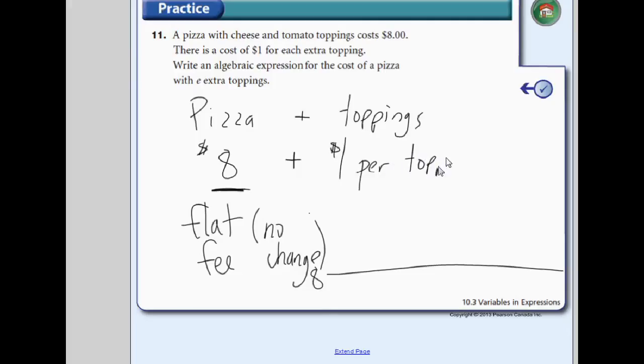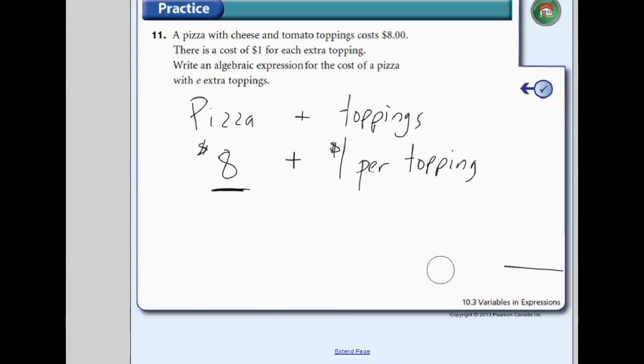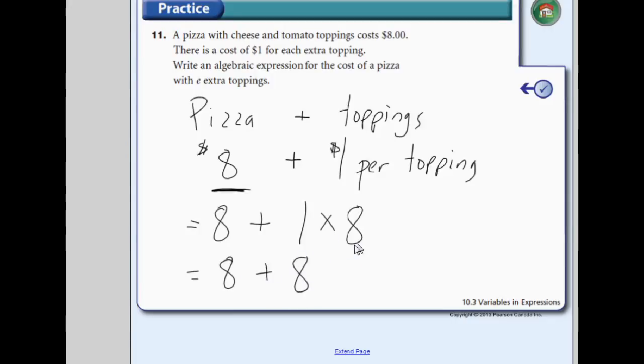So if we had, let's just erase this, if we had 8 toppings, we would have $8 plus 1 times 8. Right? We would have $8 plus another 8, because we had 8 toppings, so $8 for our toppings, which would be $16. So how could we write that as a general rule? Well, we could say we're going to pay $8 plus we're going to pay $1 times the number of toppings